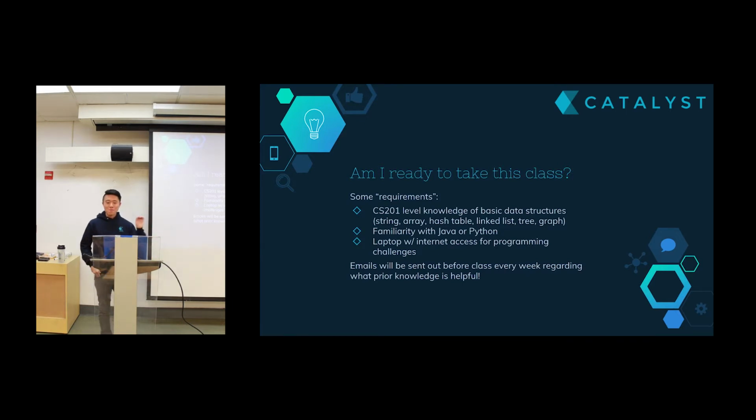However, it might make this class a lot easier if you have some advanced CS classes. And by advanced, I mean just something beyond CompSci 101, right? So if you have 201 level knowledge of basic data structures like strings and arrays and hash tables, linked lists, trees, and graphs, that will help you a lot in the second third of this unit in which we go